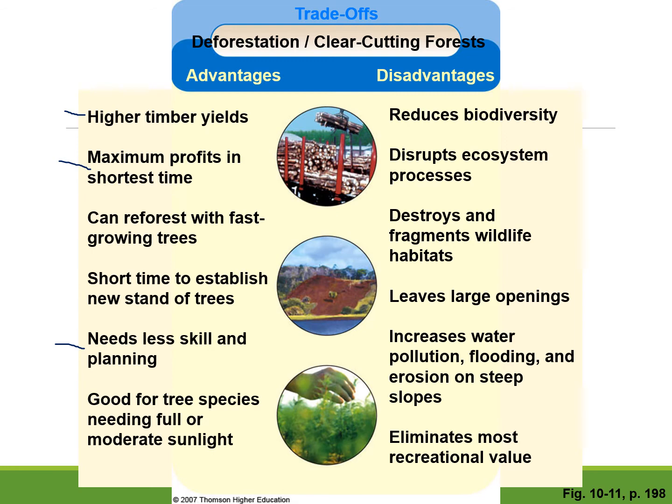And we've already mentioned the disadvantages over here on the right. Disrupts ecosystems, reduces biodiversity. It fragments habitat: if you destroy one part of the forest and there's another part intact, that intact part can't get across because the part between is destroyed. So it creates that flooding, that erosion. And who wants to go to an area that's clear cut? I think that was kind of interesting. You don't want to camp in a clear cut area. So there's always give and take, but there's a reason why we do it, mainly economic.